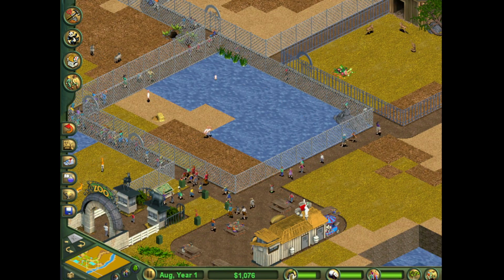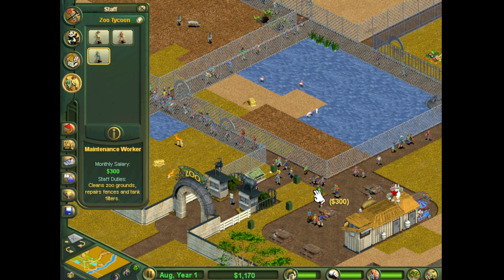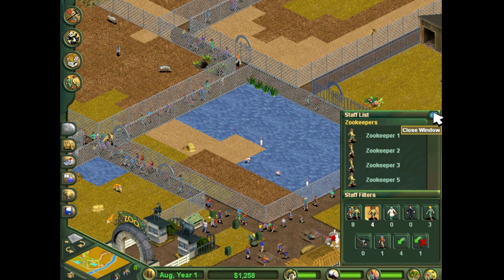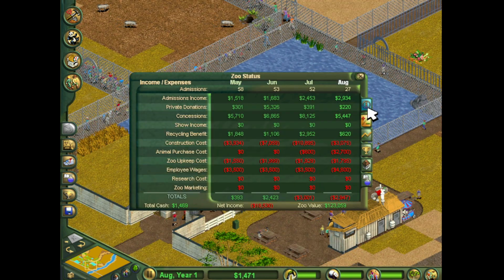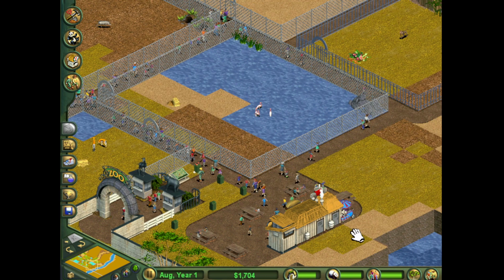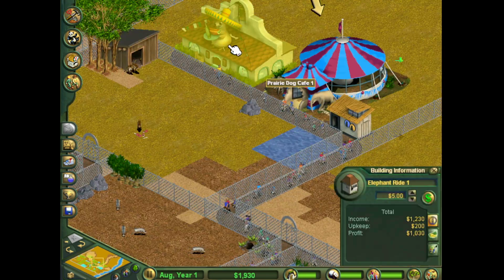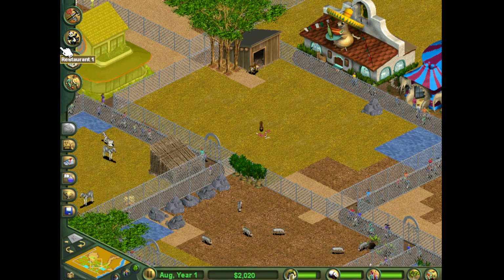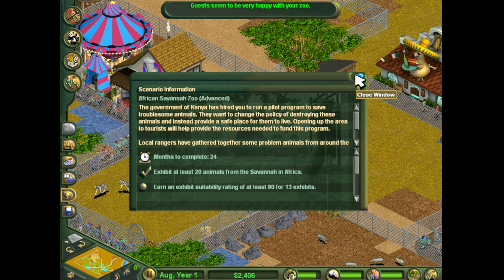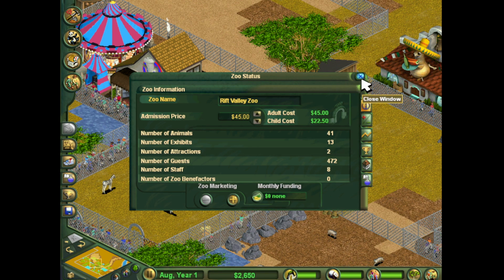So, 98, 98, 88. Probably should put down another maintenance worker, just to increase the overall volume, and I think we're approaching 500 guests. Okay, let's increase this to 45. There. Okay. Yep, this money's starting to come in even over here. So we might actually be able to finish the majority of these. I mean, that's number 11, right? Well, we have 11 filled, so...